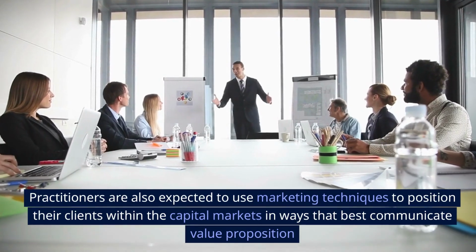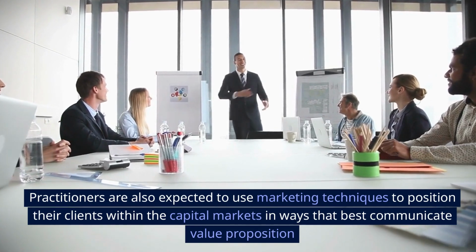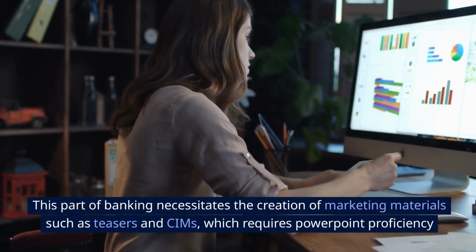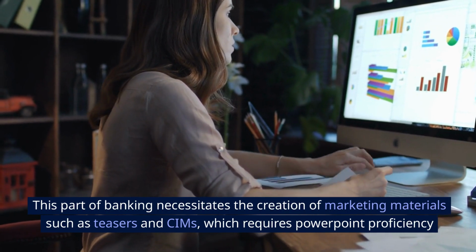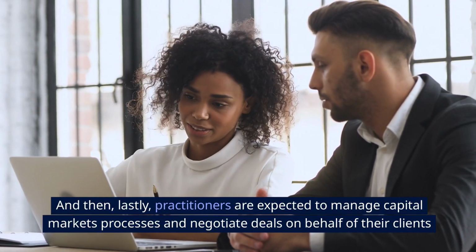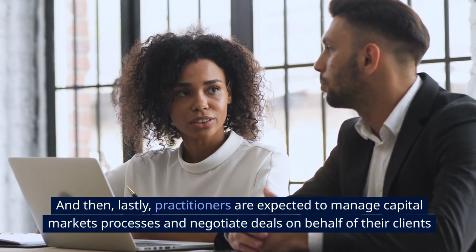Practitioners are also expected to use marketing techniques to position their clients within the capital markets in ways that best communicate value proposition. This part of banking necessitates the creation of marketing materials such as teasers and CIMs, which requires PowerPoint proficiency. And then, lastly, practitioners are expected to manage capital markets processes and negotiate deals on behalf of their